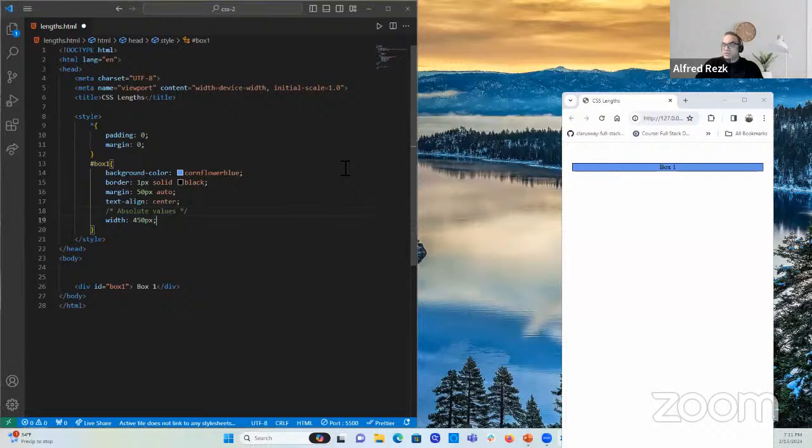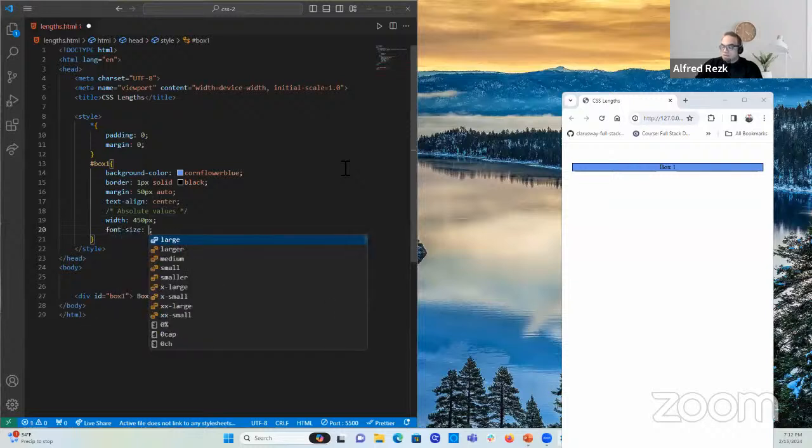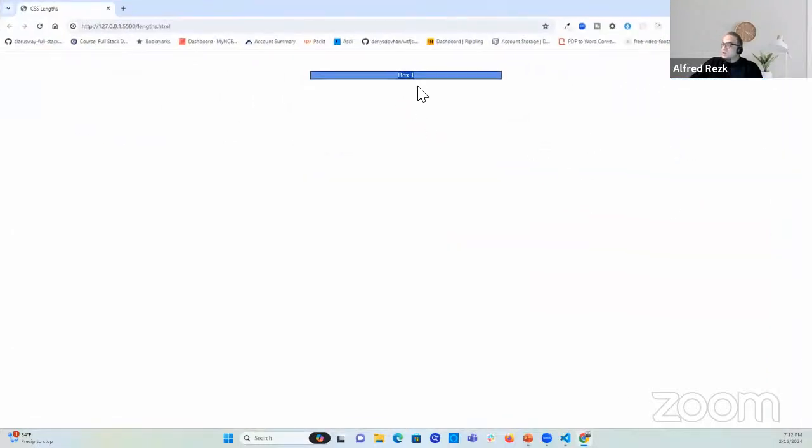And it's not recommended to use them for multiple reasons. One of them is accessibility. And I'm going to show that in a little bit, especially when you're dealing with fonts. For example, here, if I'm doing the font size, and I'm going to do 16 pixels. So I'm setting the font size to an absolute value to always be 16 pixels. If you save that, this is 16 pixels, and you can check that. If you inspect,